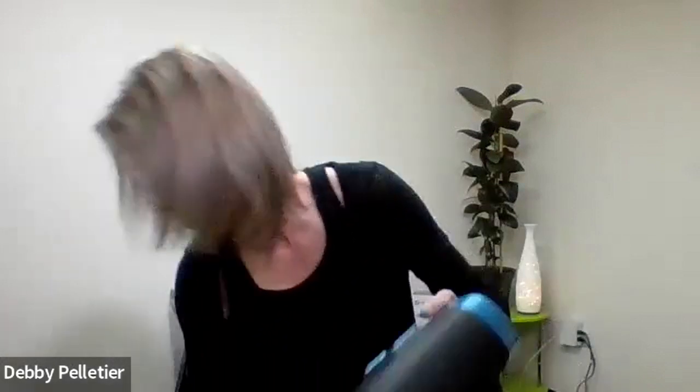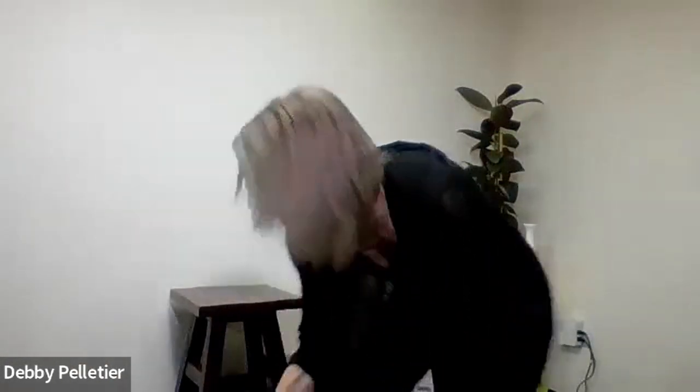A lot of my knitters and sewers and quilters, for those of you that are out there, where your hands are your tools, you'll appreciate this type of device specifically to target that body area. So this is just an example of a body area specific tool that I wanted to show you. Okay. The next one